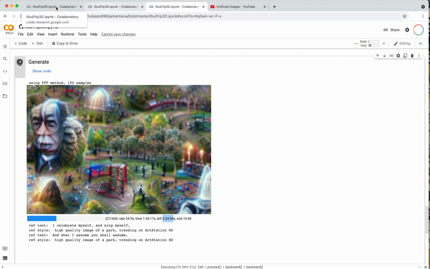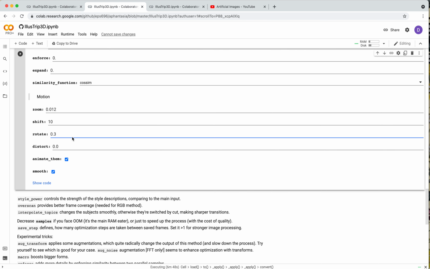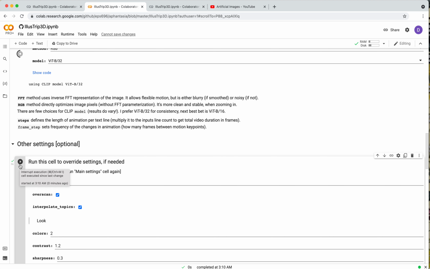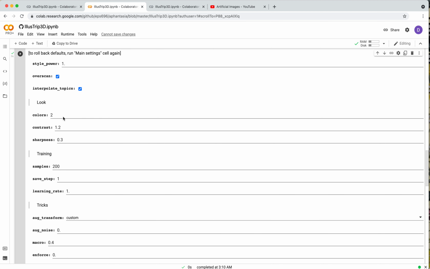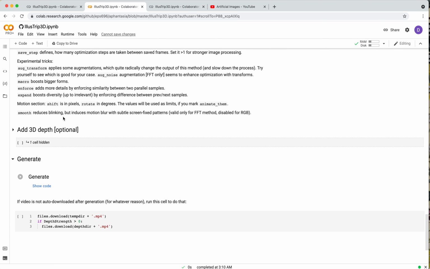Okay, so back to our example here. We've added in all of these effects, so we'll go ahead and just run this cell. Wow, that loading clip thing is still running. All right, well, apparently that finished. So now we've run this cell, and before I hit generate here, there's one last thing,